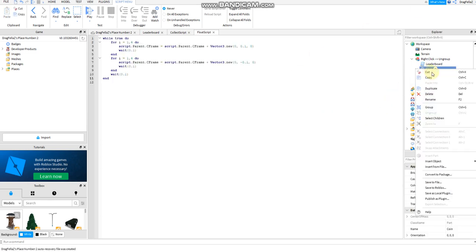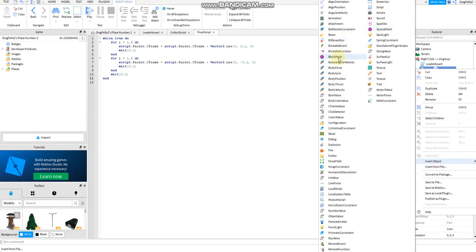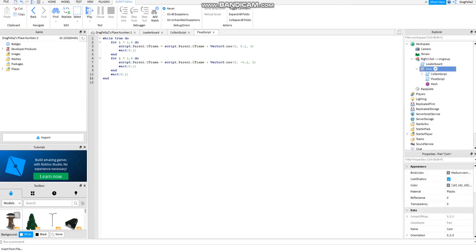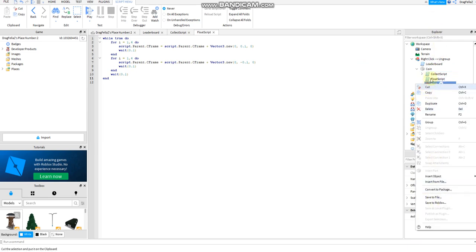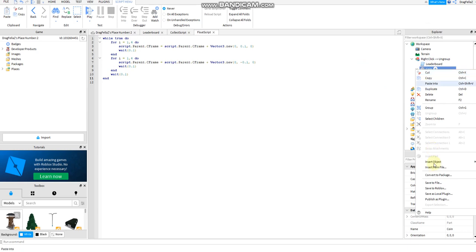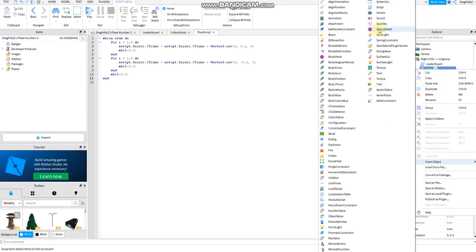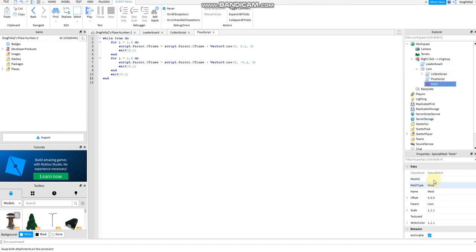And then in coin, once again, you want to insert a mesh. I'm sorry guys, not block mesh. You want to insert a special mesh. Right there. And then it says mesh ID. This is also in the description. I have to do a lot. Mesh ID is going to be